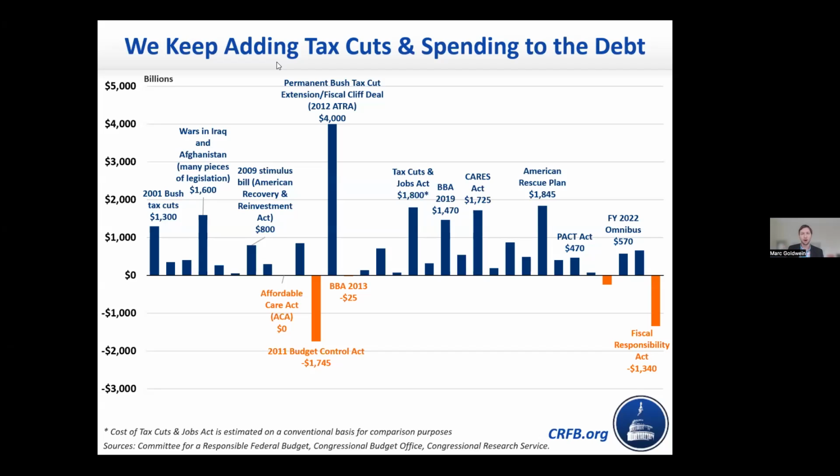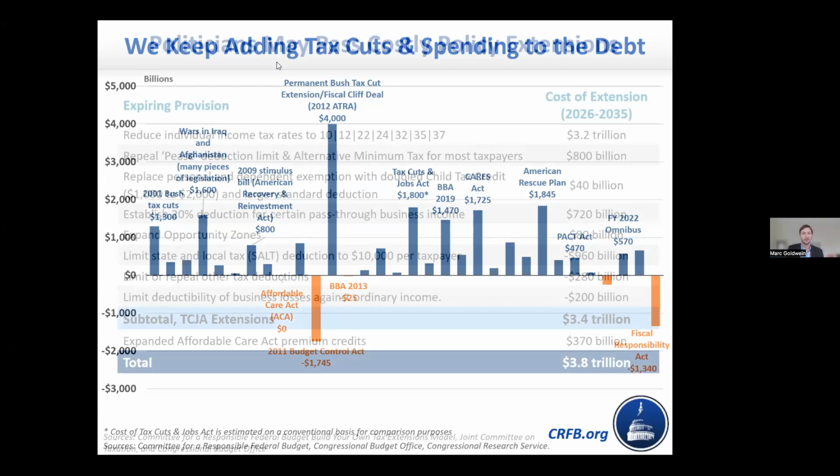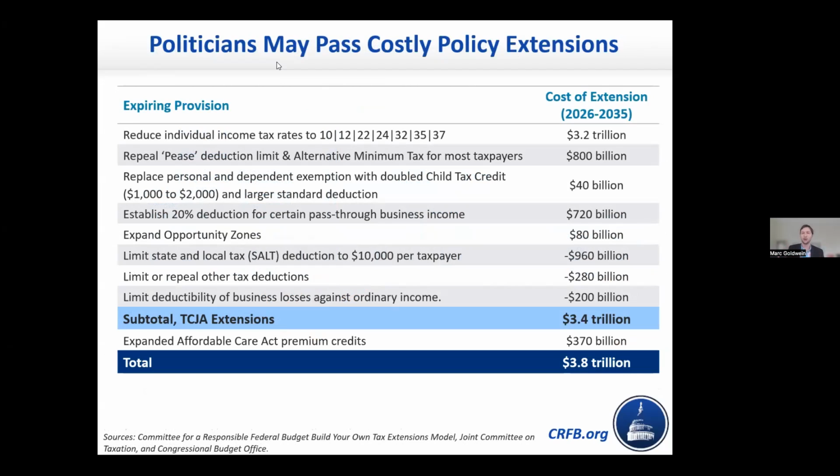There is no party here that is innocent of adding to the deficit. They've done it under all Democrats, all Republicans, but most often Democrats and Republicans together: cutting taxes, increasing spending, adding to the debt. And in fact, maybe we'll do another webinar on this, but going forward, the biggest fiscal moment we have coming up is an opportunity where they may add easily $4 trillion to the debt.